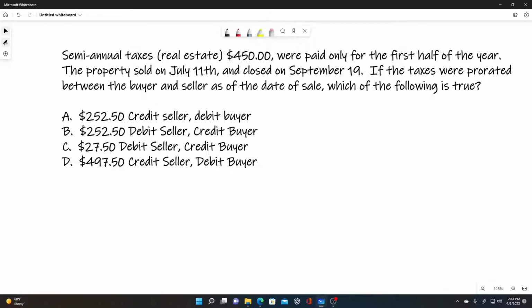Classic problem that, to me, scares me when I read all of this, because I'm like, holy cow, that's a lot of information. And they throw a couple of curveballs at us here, because they put this thing in here about semi-annual taxes, and they were paid, and they're $450, and the property sold on July 11th and closed on September 19th. I don't know what that means, but we need to go through and take a look at this and see how we can